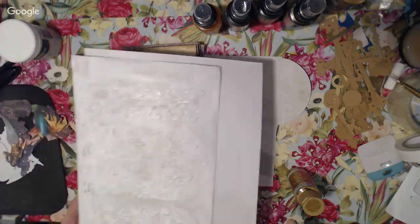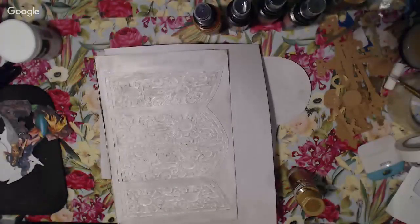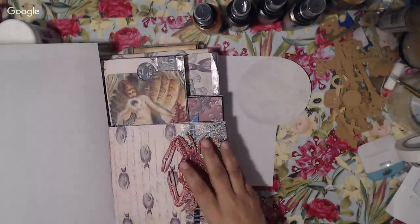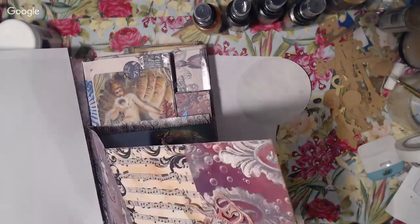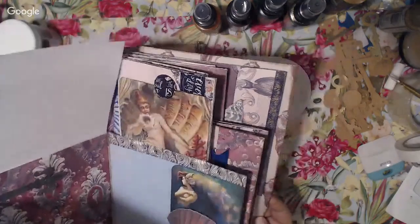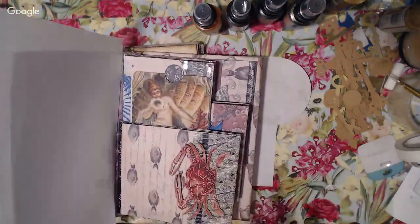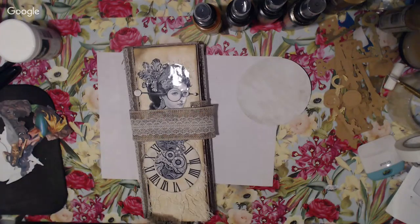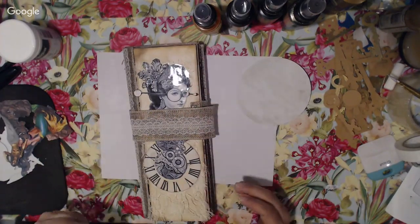The part of this book right here that makes it a lap book, and makes it a little bit different, is the fact that the pages themselves extend outward. They extend all the way out, and pretty much what a lap book signifies is just that extension, right? Opening it all the way out, being able to fan it out. So with this one, even though it's a different style altogether,